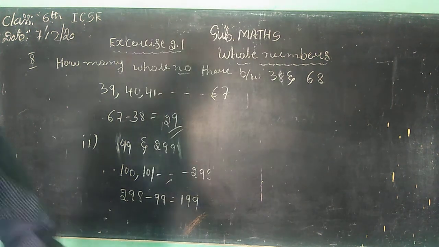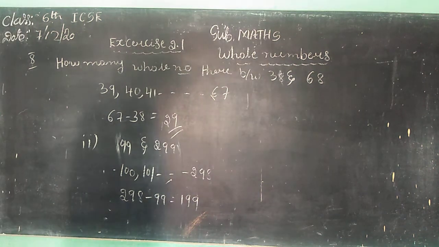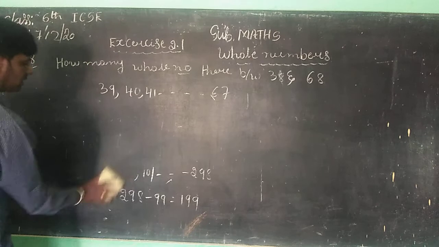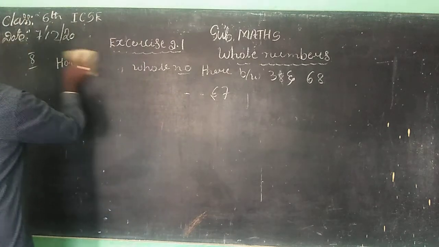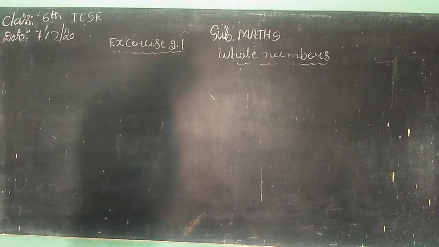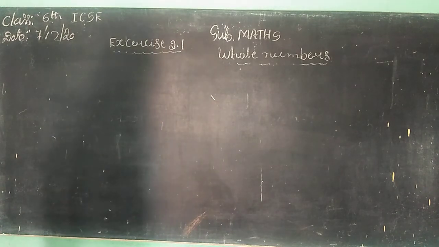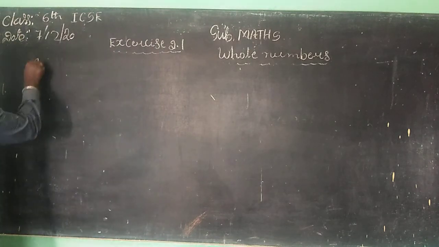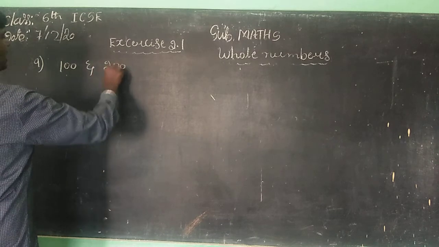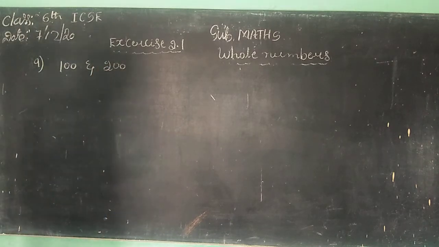Children, you want to take the last question. Write all the numbers between 100 and 200 which are not changed in the digits, written in increasing order. Shall I rub this one, children? Okay. Children, now we want to take the next question. What is that next question? Write all numbers between 100 and 200 which do not change. So 100 and 200 numbers, in between 100 and 200. Correct children?